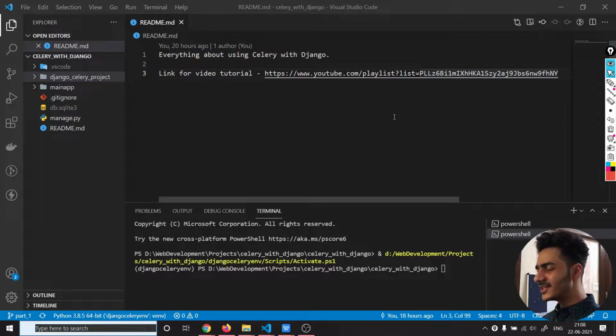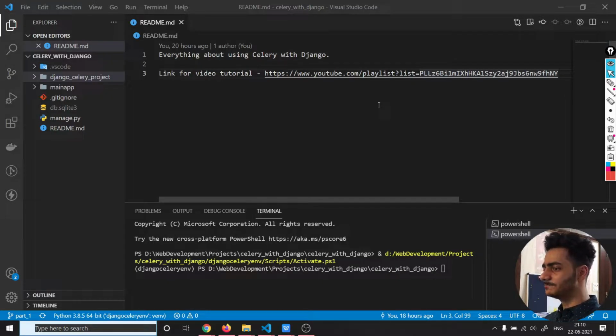Now moving further, in this video, our task will be to send mails using Celery. So we will see how to send the mails using Celery, and then we will use Celery Beat to schedule the task to send mails at a particular point of time. Also, we can use Celery Beat to perform a task at regular intervals of time. So we will explore all the things, and we will also see how you can create a dynamic task in Celery Beat. Suppose you want to create a periodic task dynamically using the front end or interface and remove that task or stop that task at some point of time. So we will cover all that stuff in this video.